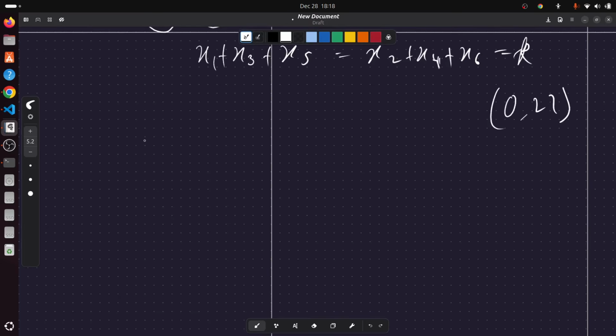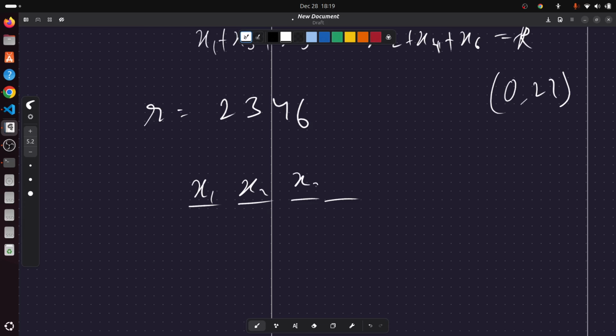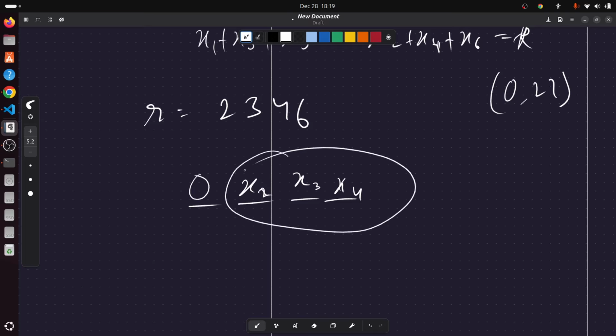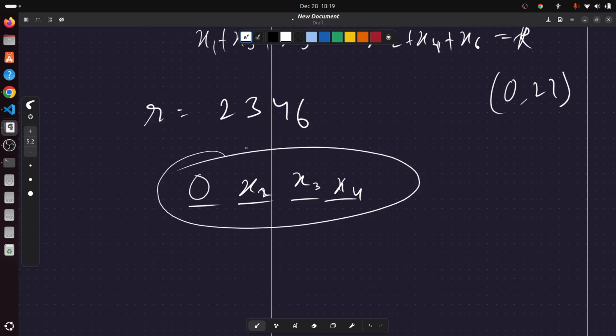Let's say my r is 2 3 4 6. Okay, so I want 4-digit numbers, right? x1, x2, x3 and x4. Okay, so first of all what I can do is, let us take x1 equals to 0. Okay, so if I take x1 equal to 0, then I can keep anything here. If I take x1 equal to 0, then I can take anything here, and this entire number will still be less than this,